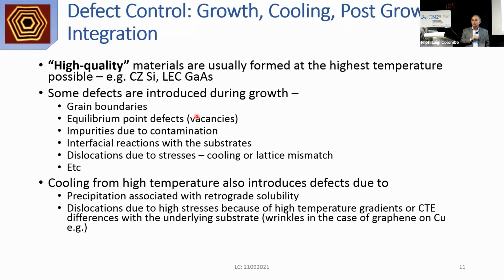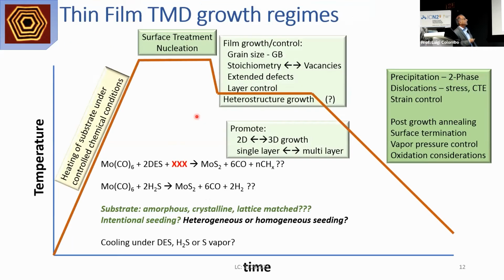Or how is that different from a hydrogen sulfide vapor? Are they equivalent? Maybe yes, maybe no. Maybe you guys know, but I don't know yet. Okay, so we have this temperature time